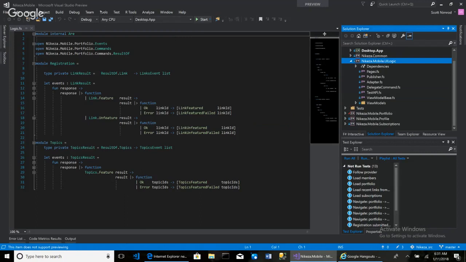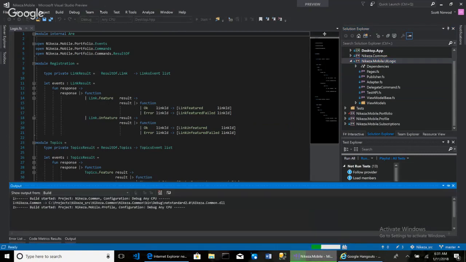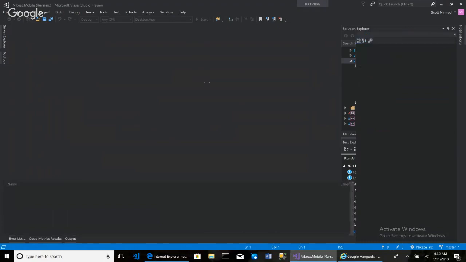If I launch this application, it's taking a while to launch. Oh yeah, I have some tests down here too. If I launch this application,